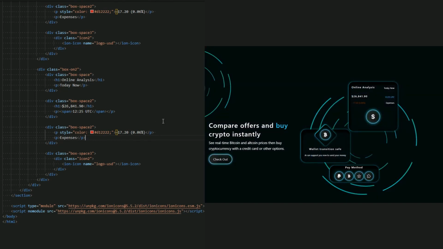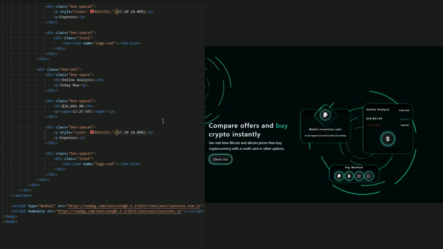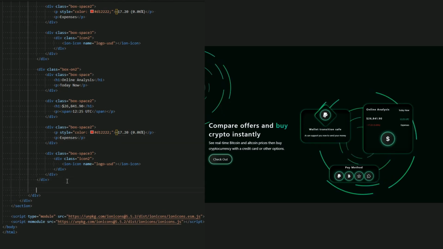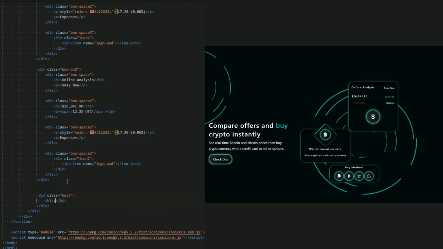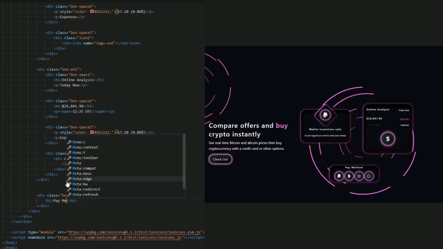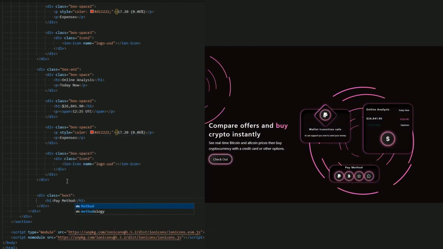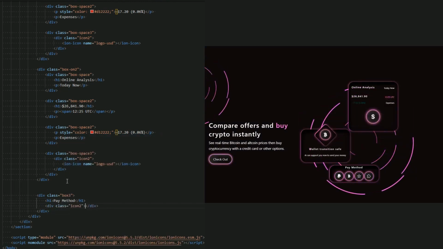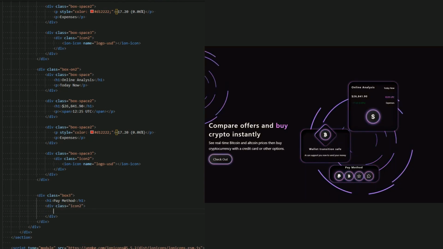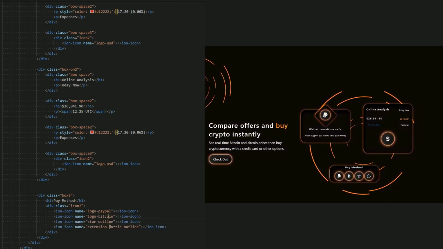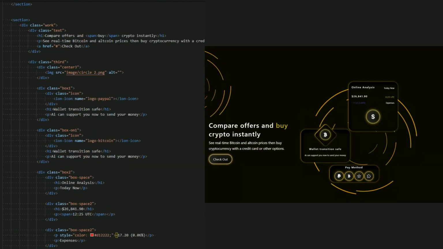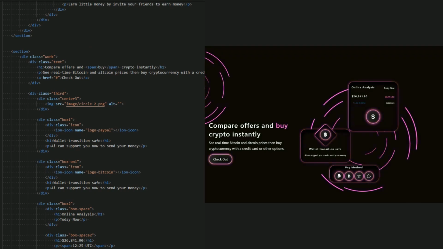And now let's create a box 3 to add the icon and the 4 icons inside of this box 3. So let me name it box 3, and let me add h1 pay method, and let me add the icon inside it. 4 icons: PayPal, Bitcoin, and this, here we go. And yeah, guys, this is everything you need to create this, as you can see.